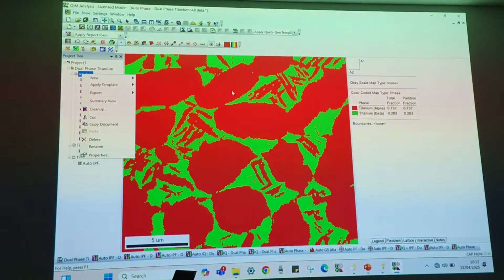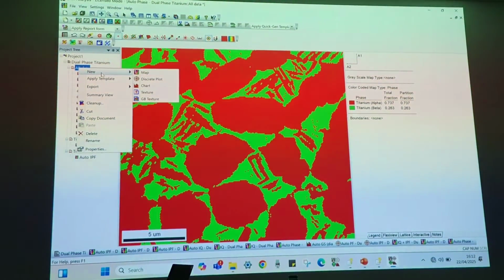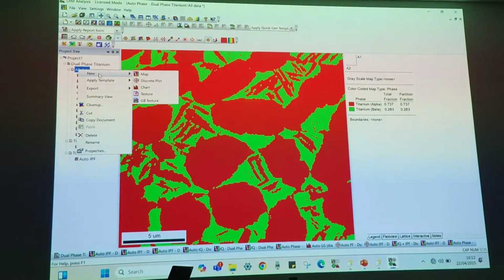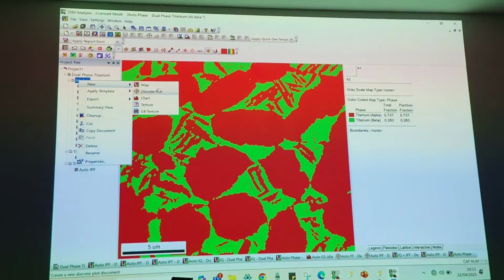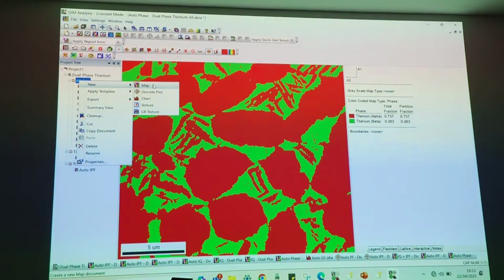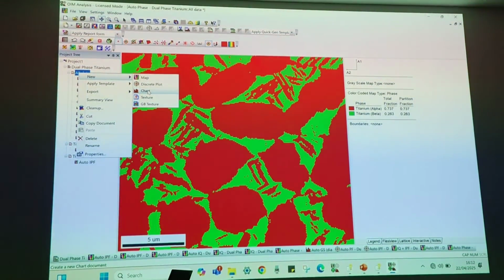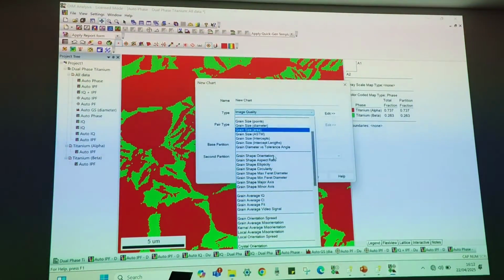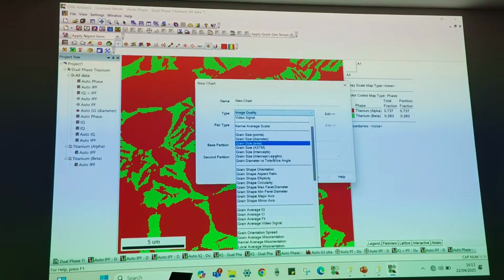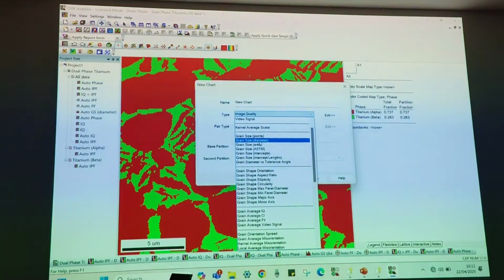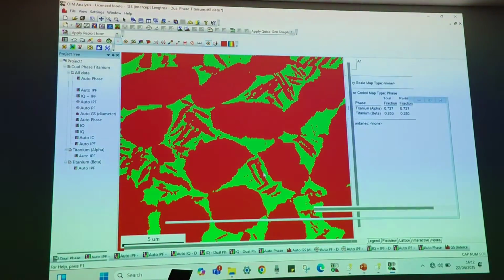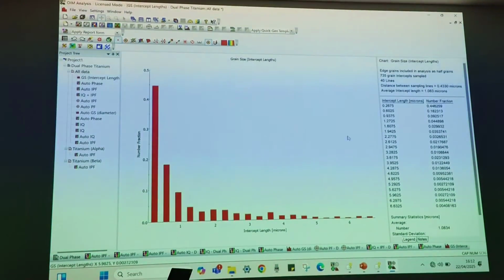Even if you can create a map out of this, if you want to create a chart out of it, that is also possible. So different kinds of charts are also possible. If you do a right click on new, all these options will get enabled. So either you can create a map, or you can create a discrete chart. Let's say a normal chart if you want to plot. I have multiple options here. So let's say simply I want to prepare a grain size diameter versus grain size ASTM number versus grain size intercept length. Depending upon the type of selection you have chosen, it will generate those charts.